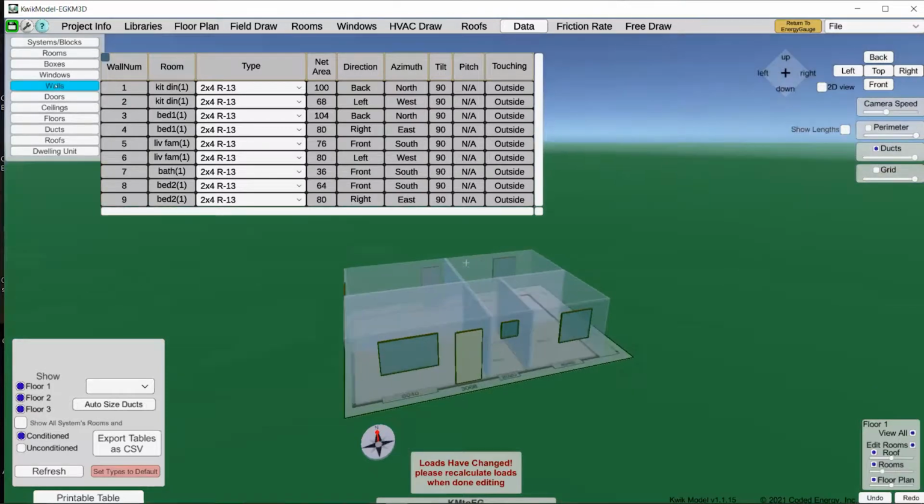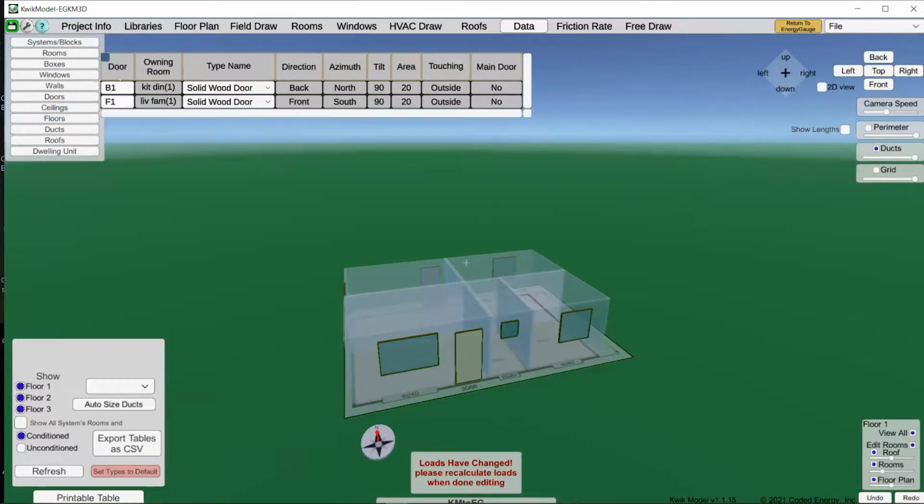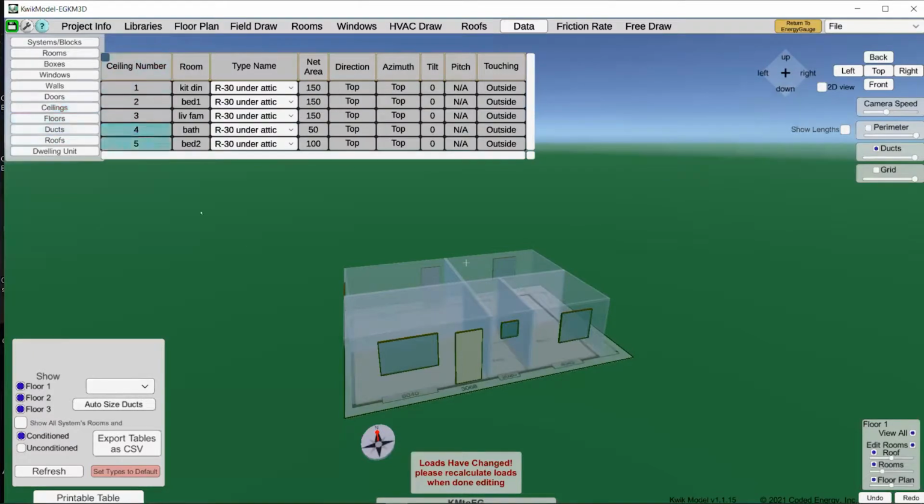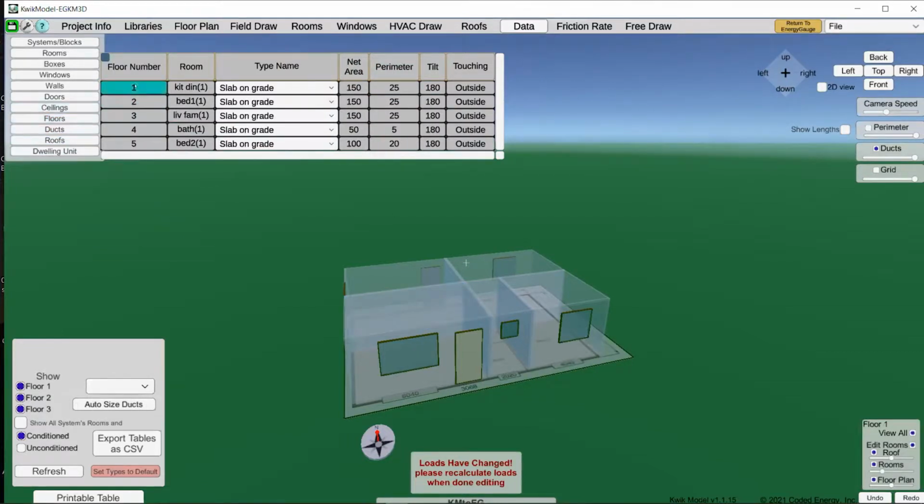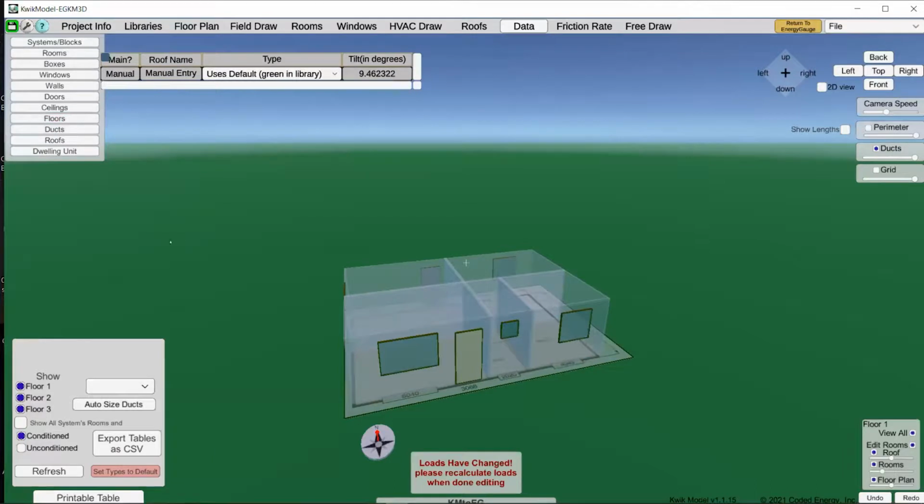The other thing is walls, doors. There's only 1 door type, but there's 2 doors in here, the front and the back. Ceilings. There's 5 ceilings, 1 for each room. They come up to the default type. It's got the areas and so on. Floors, same thing, 1 for each room. Haven't drawn any ducts yet. And then for roof, we're